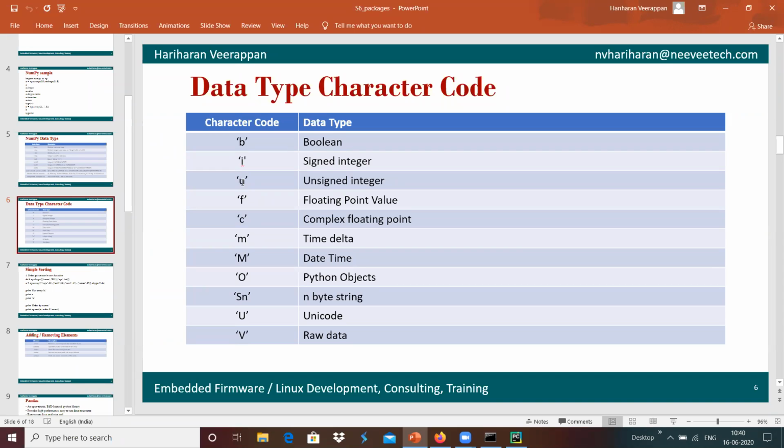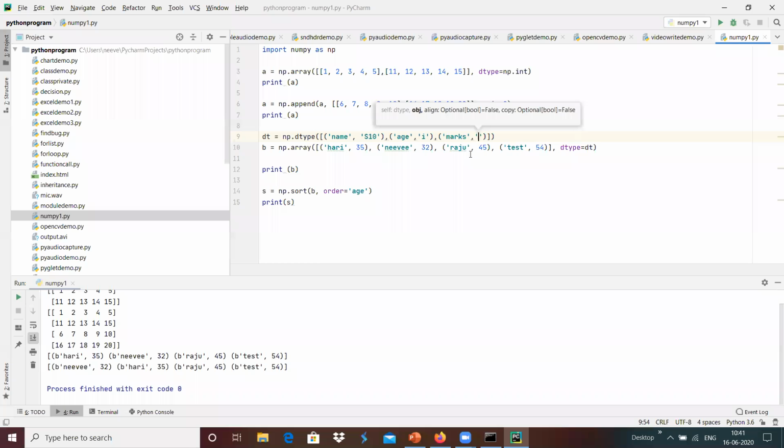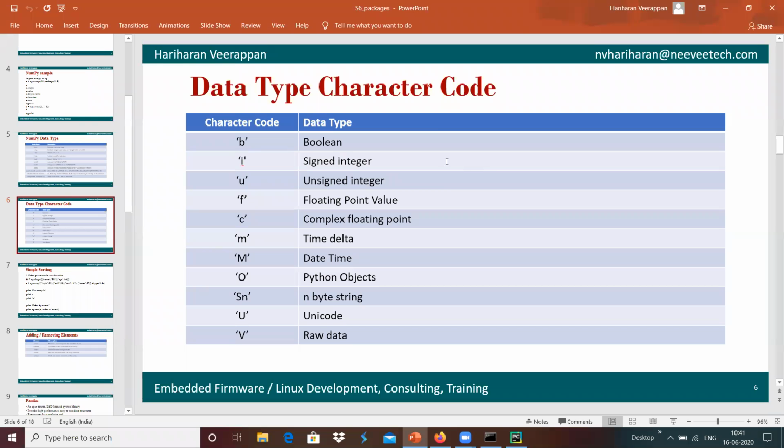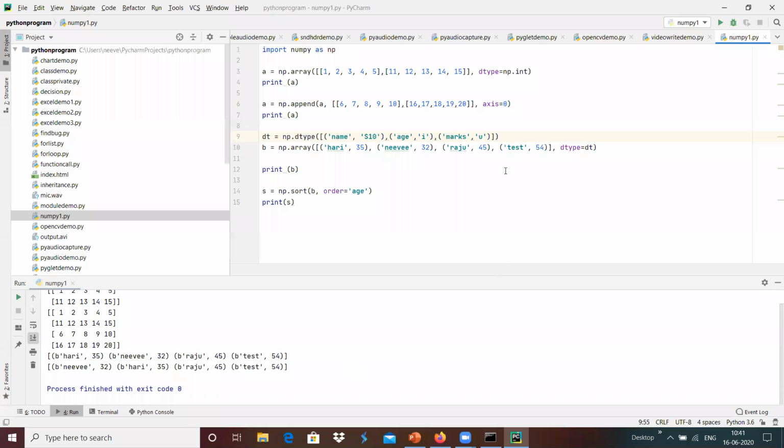If there were negative marks we would have a problem, so I'm going to use an unsigned integer for the marks. Maybe we can use the format U over here. Like this, we can specify the data type with the help of character codes. B is for Boolean, I is for signed integer and M is for time delta. Like that, we can define our own values.